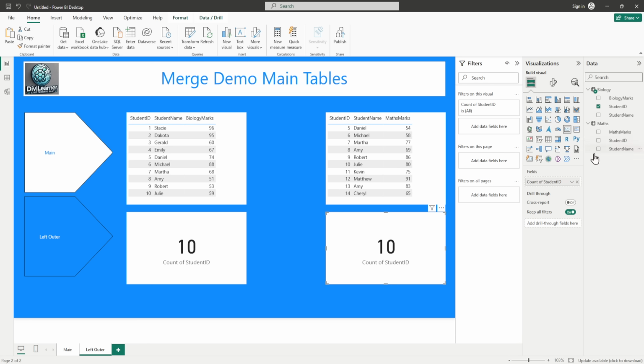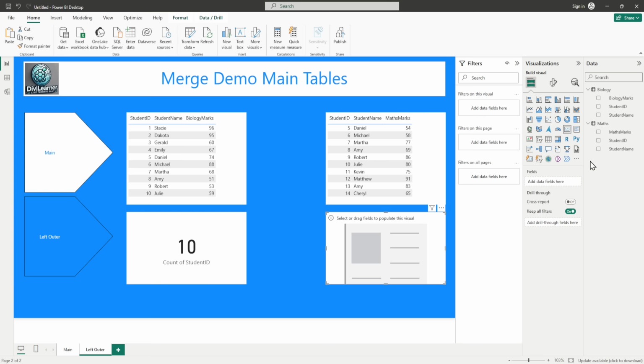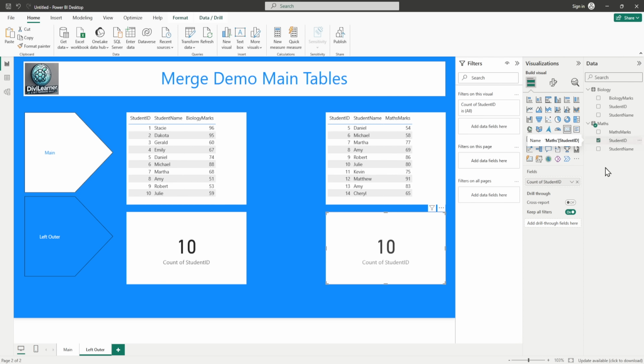And this will show me, I'll remove the count of student ID. I'll show the maths class student ID. So that's how it would be different. I want to change the heading of it as well. So I'll say student count